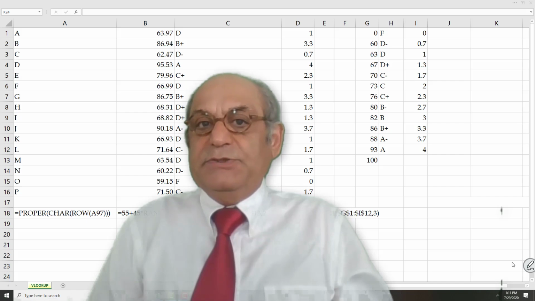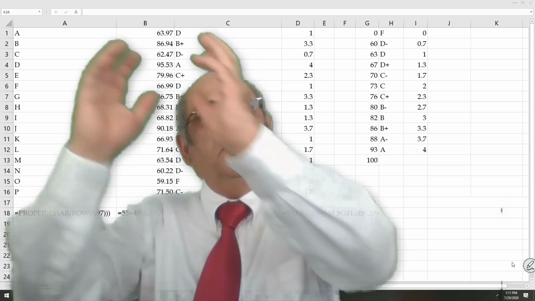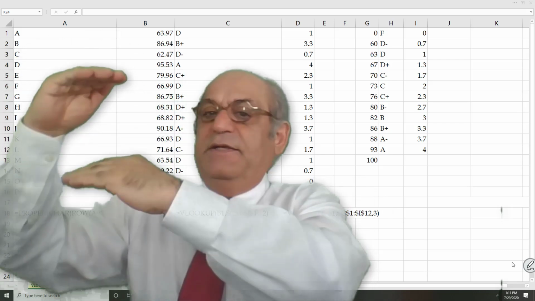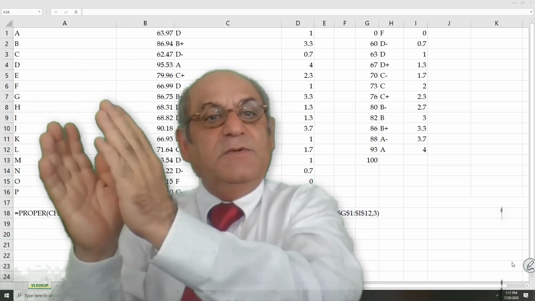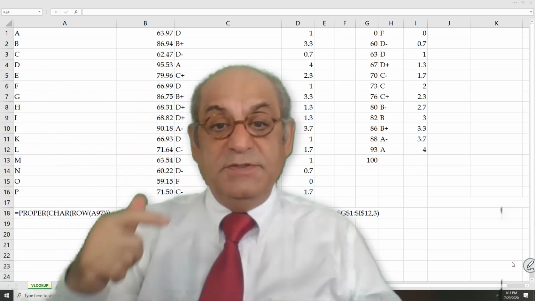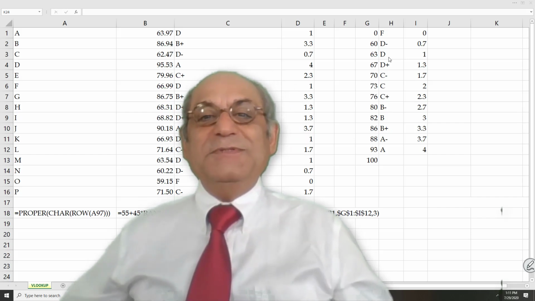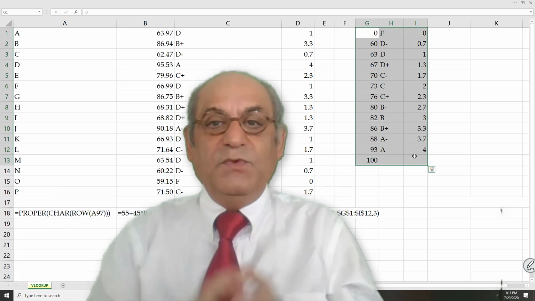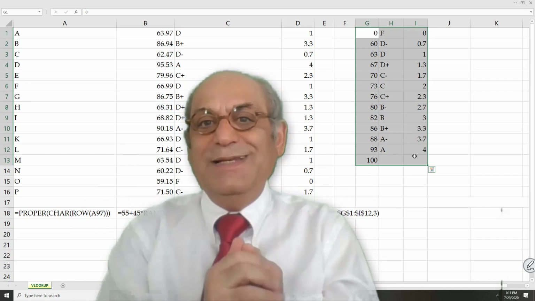Today I briefly introduce VLOOKUP. We have a value and we want to find it in a table, or at least find it between two numbers. And then based on what we found, we will go and find some other things corresponding to this specific value. Suppose this is the grading scheme, to turn the final overall grade of students into letter